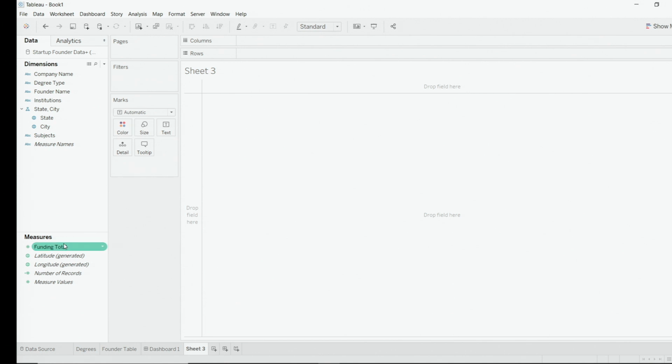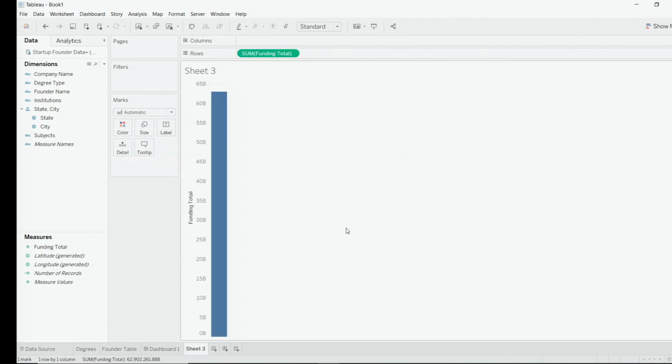I'll go ahead and double-click on funding total, and then, so here's a problem. People who took MBA degrees have business backgrounds. People who have BBA degrees have business backgrounds. And people with any other degree type where the subject was business also have a business background. I don't have a single field in my data that gives me that information. What I'm going to need to do is create a calculated field to pull those little bits of insight from